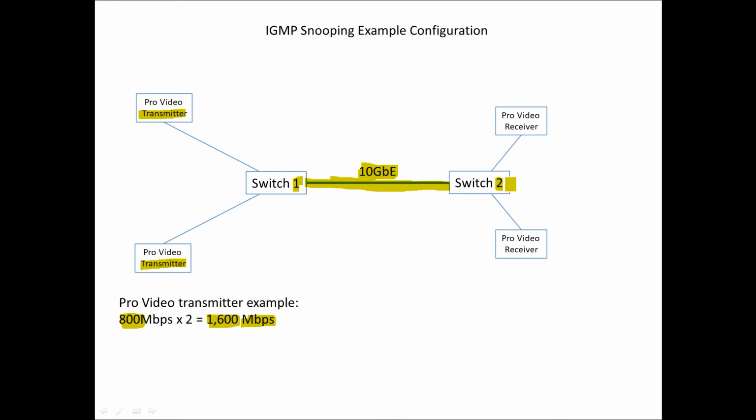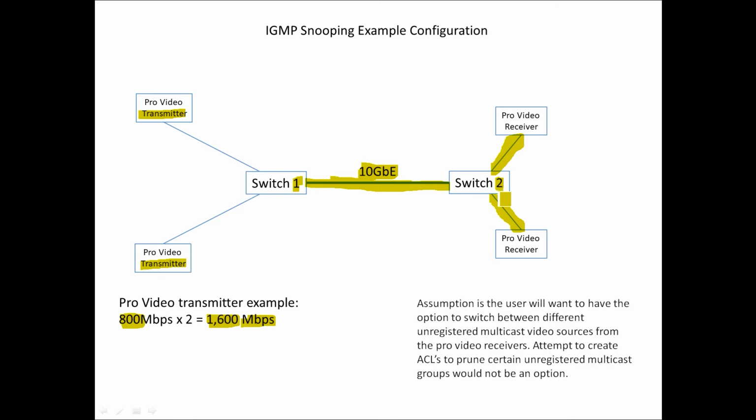between the switches. The issue you're going to run into is going to be on the devices that are actually receiving the unregistered multicast. What's going to happen is these devices are typically 1 gigabit links. So now the device is going to be receiving over 1 gigabit, and it's just going to have massive packet loss. Right where the device plugs into the switch, at 1 gigabit, that interface cannot support 1600 megabits